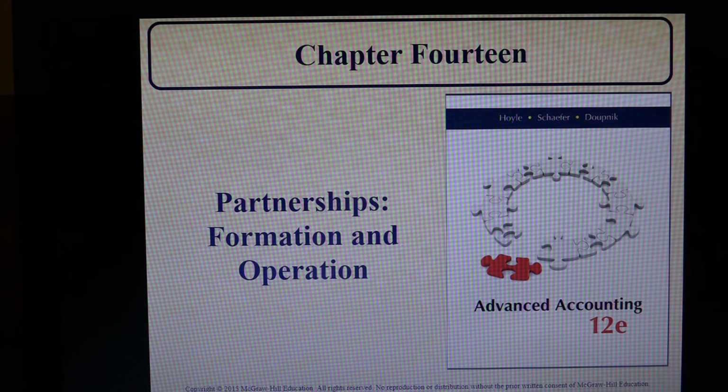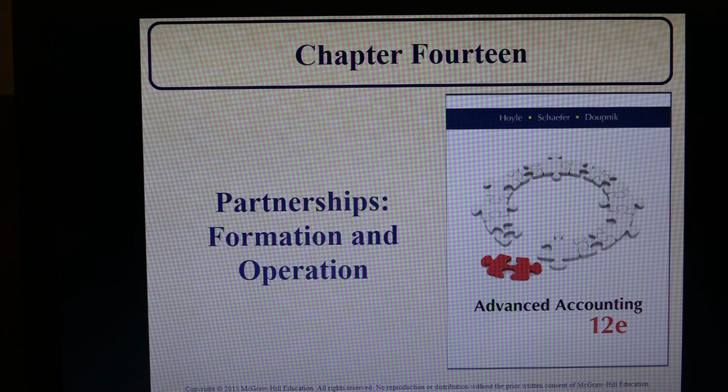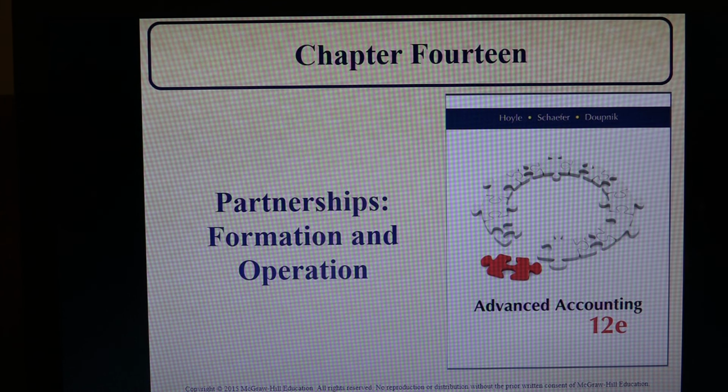Not that things you haven't already learned don't apply to partnerships, because certainly how you account for assets, liabilities, revenues, expenses, gains, losses, and all that stuff certainly apply. But there's some things that are unique to partnership accounting that you won't see in accounting for other types of business entities. And there sure are,